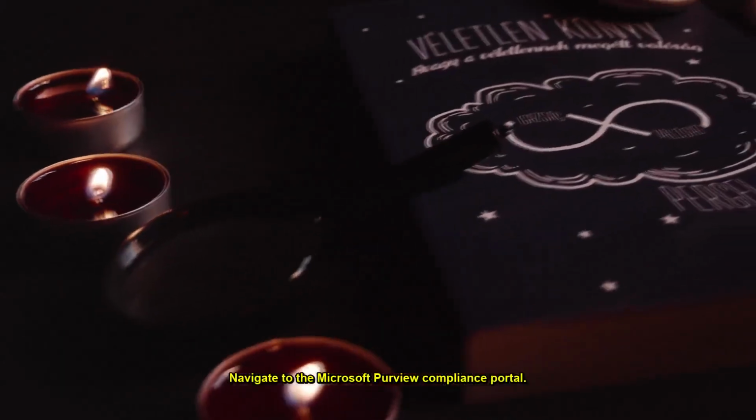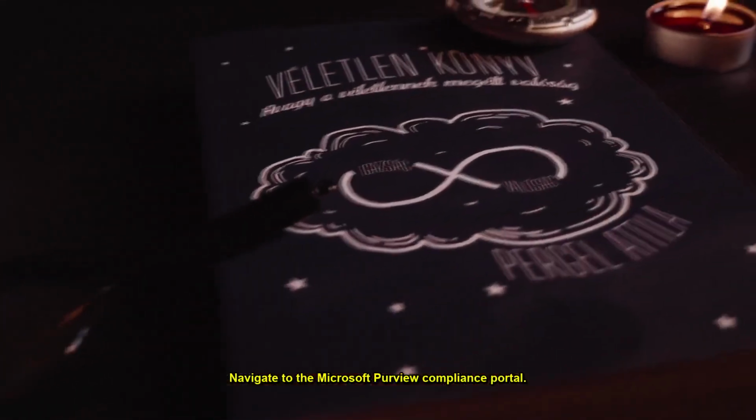Navigate to the Microsoft Purview Compliance portal. Once there, select the Solutions menu from the sidebar. From the drop-down, choose eDiscovery. Click on eDiscovery Cases. Next, click on the Create Case button to provide a name and description for your case,